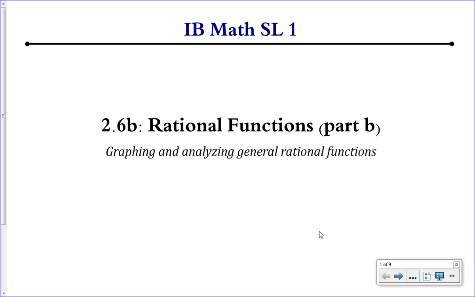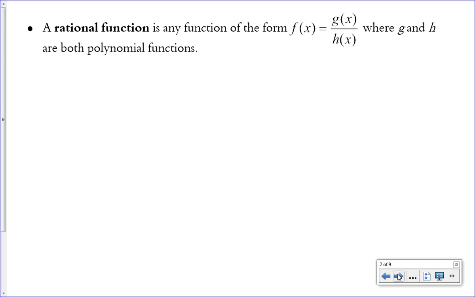In this video, we'll be talking about rational functions part B, the more complex rational functions. A rational function is any function of the form f of x equals g of x over h of x, where g and h are both polynomials. So now we're going to have more than just 2 over x. We're going to have an expression on the top and an expression on the bottom, both of which can have